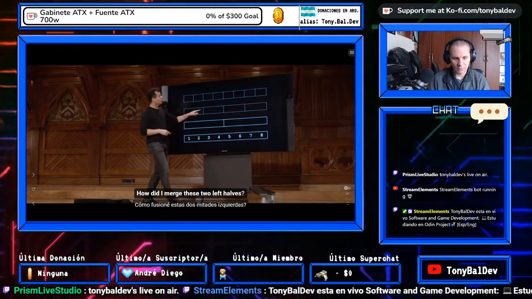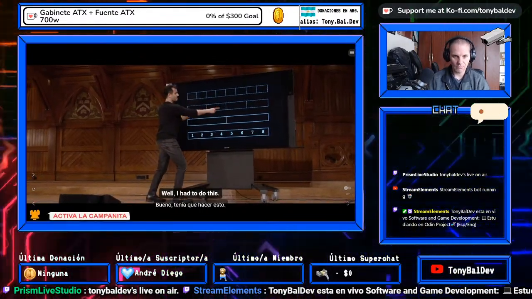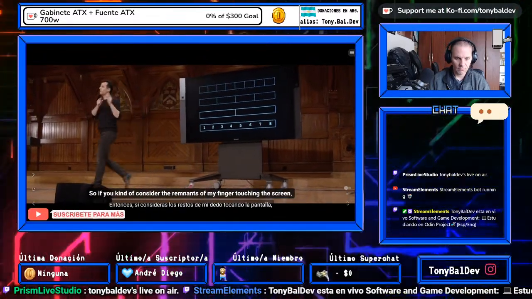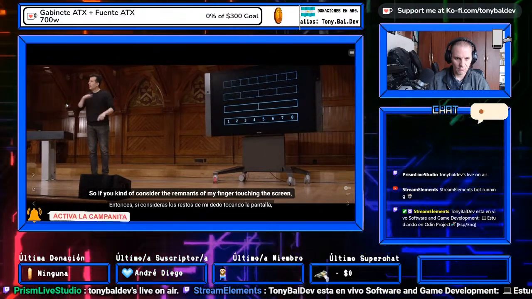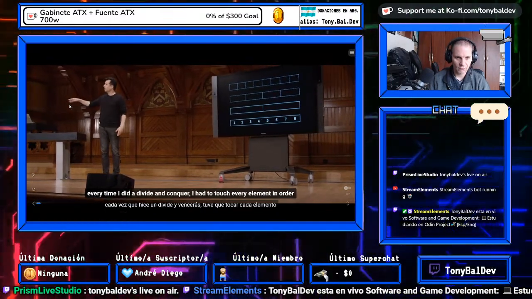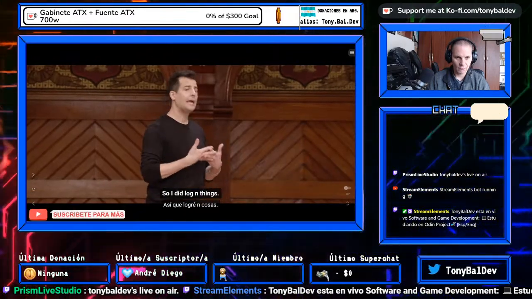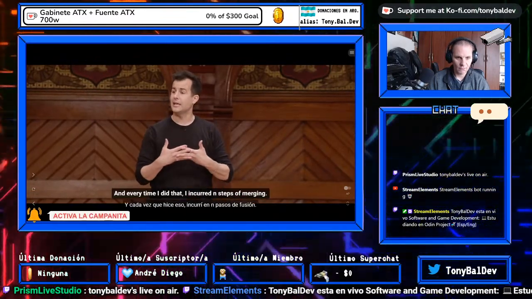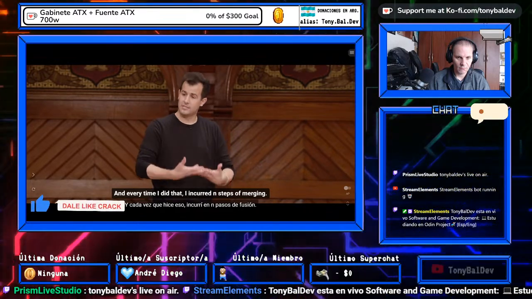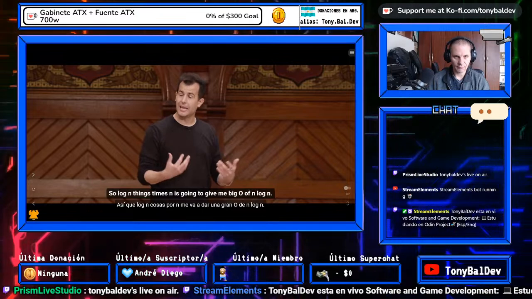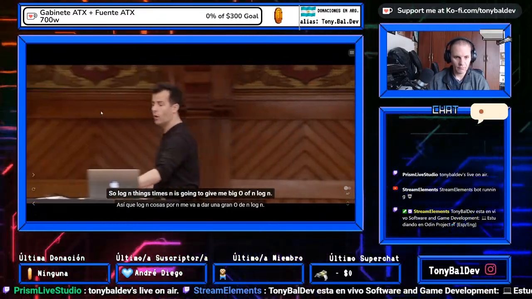How did I merge these 2 left halves? Well, I had to do this, and then I had to do this. So if you consider the remnants of my fingers touching the screen, every time I did a divide and conquer, I had to touch every element in order to merge them together. So I did log n things, and every time I did that, I incurred n steps of merging. So log n things times n is going to give me big O of